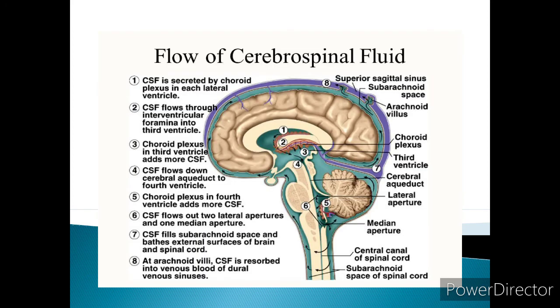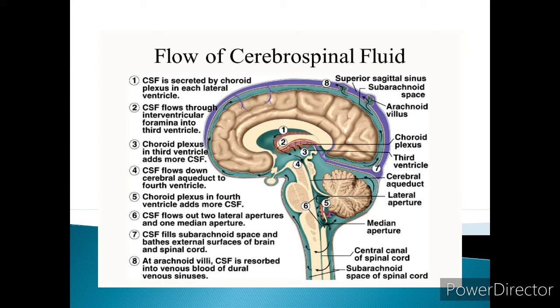And the movement of CSF from the subarachnoid space to the venous sinus depends upon the difference in pressure on each side of the wall of the arachnoid villi, which act as one-way valves. So when the CSF pressure is higher than venous pressure, CSF is pushed into the blood, and when the venous pressure is higher, the arachnoid villi collapse, preventing the passage of blood constituents into the CSF. There may also be some reabsorption of CSF by cells in the wall of the ventricles.